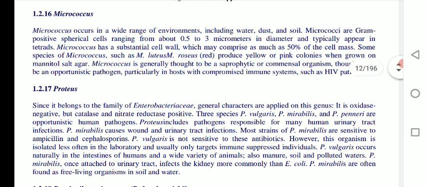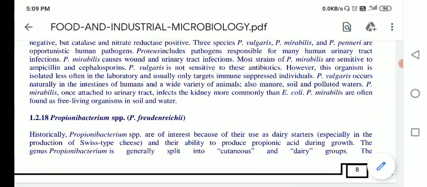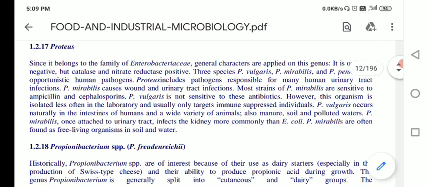Then next, Proteus. Since it belongs to the family Enterobacteriaceae, the general characteristics apply to this genus. It is oxidase negative, but catalase and nitrate reductase positive. Three species, Proteus vulgaris, Proteus mirabilis and Proteus penneri, are opportunistic human pathogens, and Proteus includes pathogens responsible